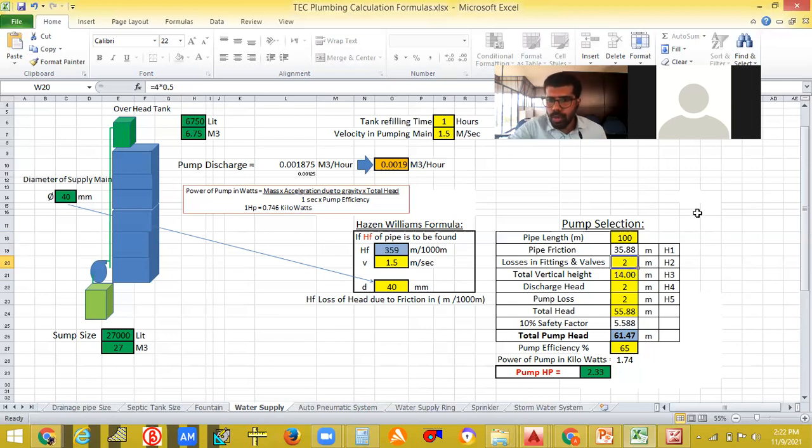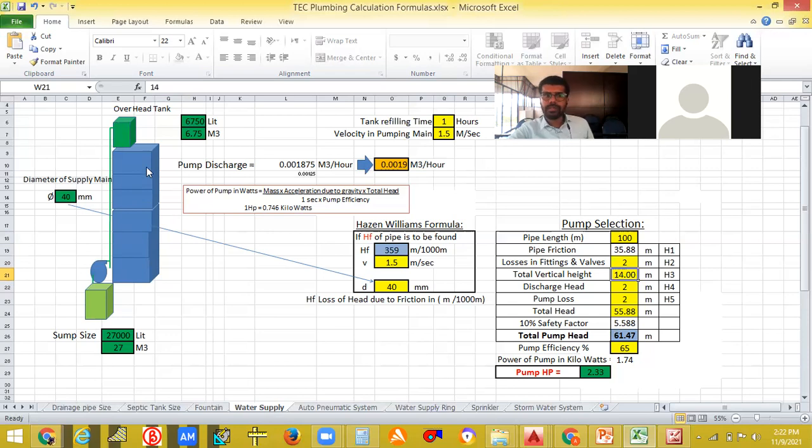Then next what you have to do is the total vertical height. See, this is one story, 1, 2, 3, 4, 5, 6. So if I'm taking this as the question, one floor is 3 meters by default. 1, 2, 3, 4, 5, 6.